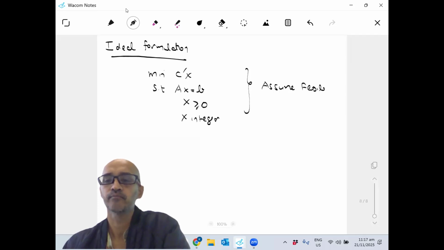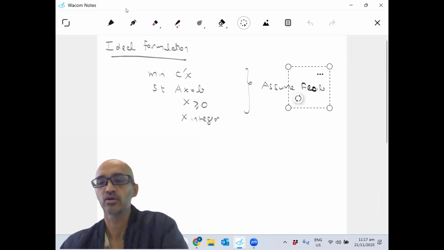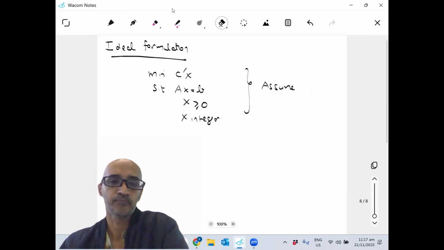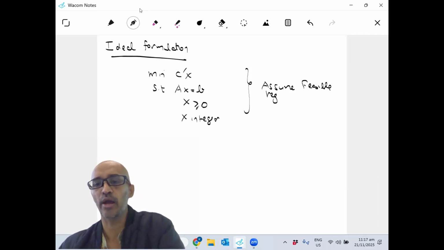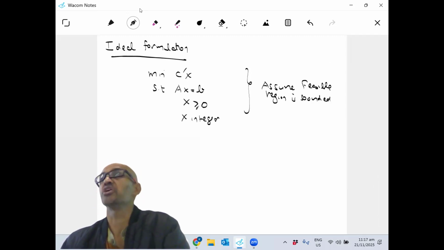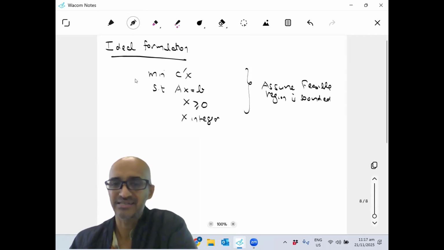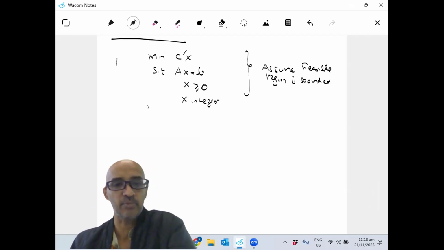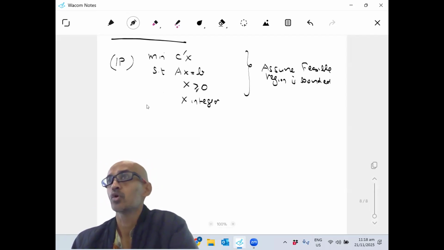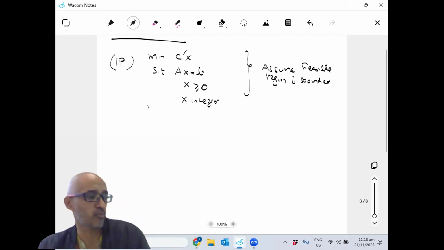Okay, so I'm going to assume that the feasible region is bounded. That means no X value can go off to infinity. Okay. It just makes it easier to write everything down. Okay. So suppose I want to solve this IP. Okay. So this is an IP. What is the ideal formulation? The ideal formulation is,